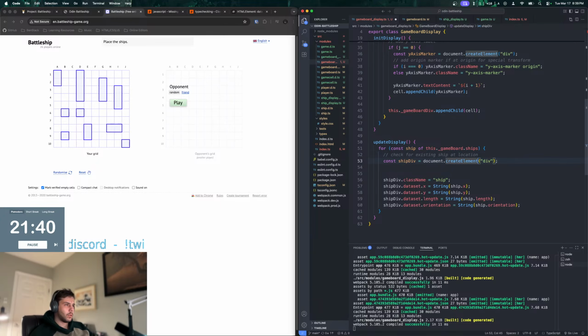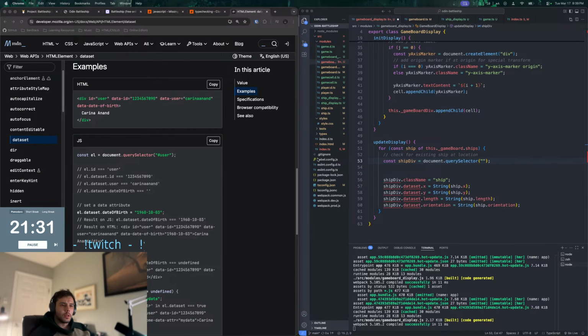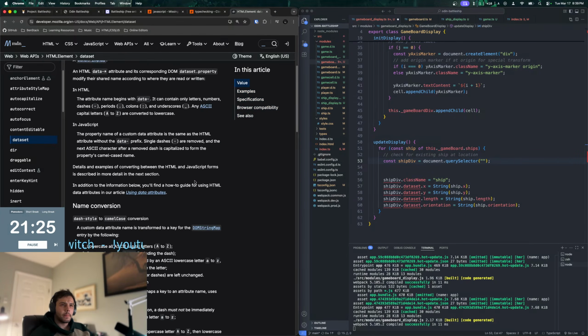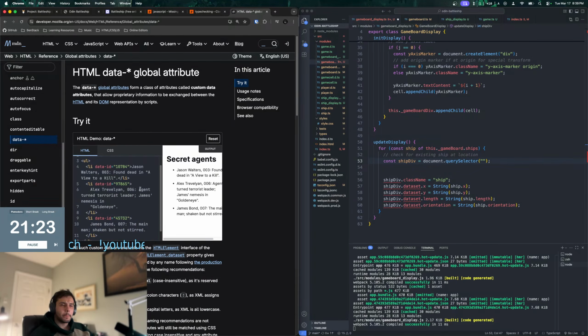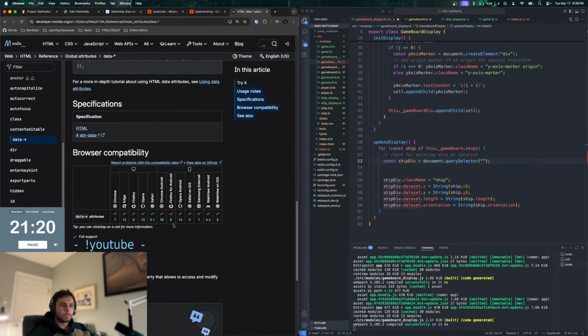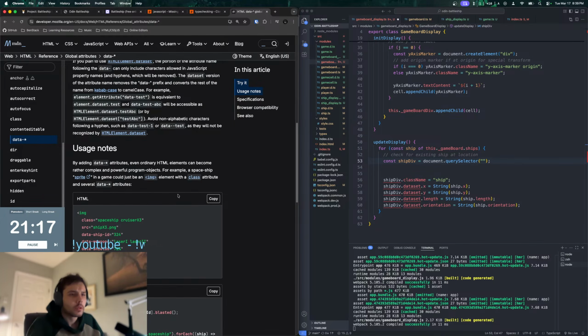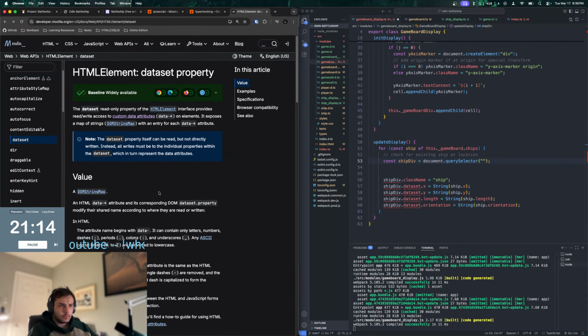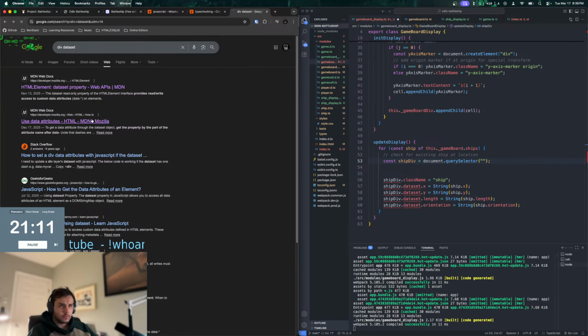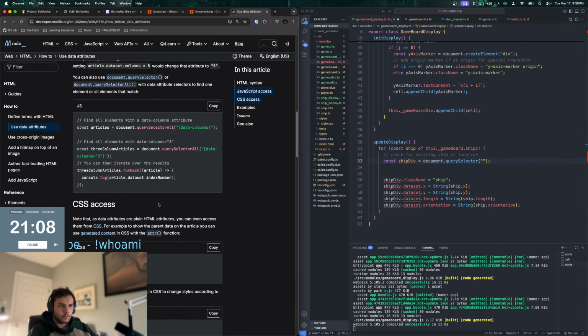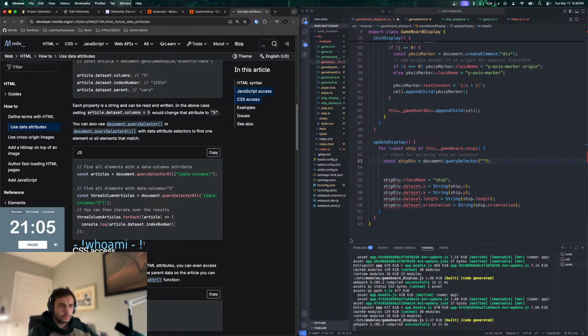So we can do query selector, and then where is that? Yeah, so we'll do data x